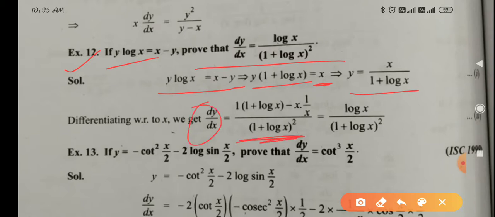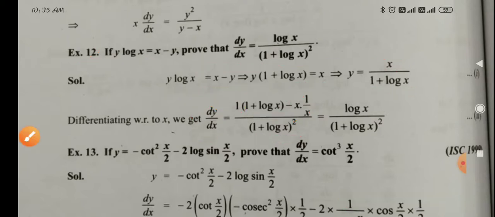V same, and differentiation of u is 1, and v same, minus comes in between, then u same, x same, and differentiation of v is 1, differentiation of 1 is 0, and log x differentiation is 1 upon x. So x will cancel, it will remain only 1 by cancelling x. This minus 1 and this plus 1 will cancel. So log x will remain. Log x upon (1 plus log x) whole square, which was to be proved. It is the value of dy upon dx.